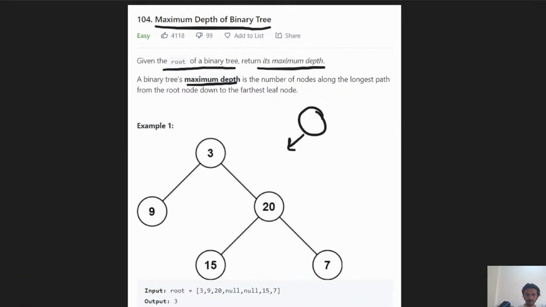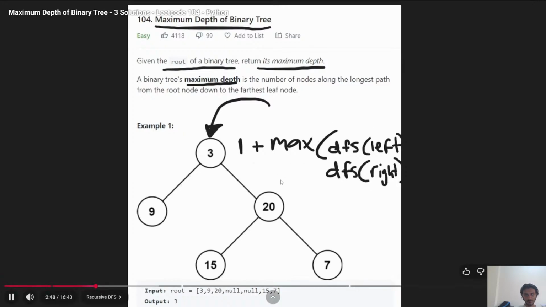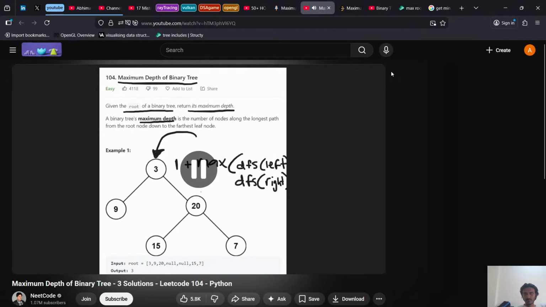Now let's look at this more general example that they gave us. So obviously we're going to do the same thing. We're going to get to the root, say, okay, we found at least one node, so the depth is at least 1, and then we're going to return the max of the left and right subtrees plus 1. And why are